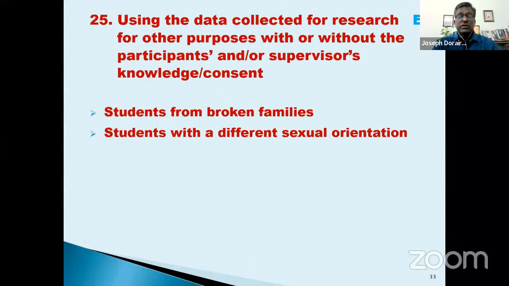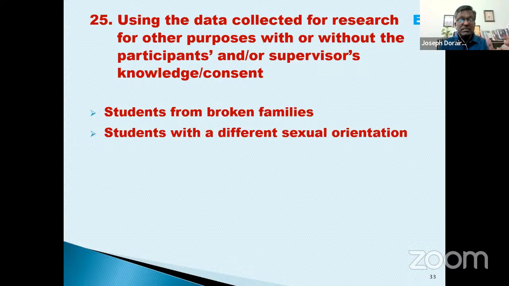For instance, you're from the Department of Women's Studies, or you're from the Department of Gender Studies. Now you are doing a research and you want to find out how many students are gay, how many students are lesbian, how many students are queer. In other words, students with a different sexual orientation. Now, this data is for research, and for research alone. You should not expose it, because